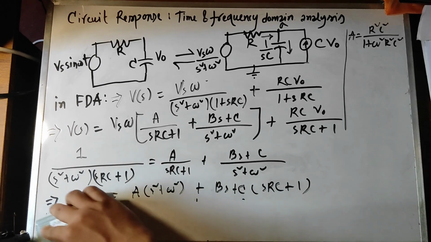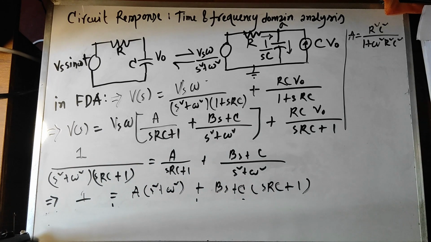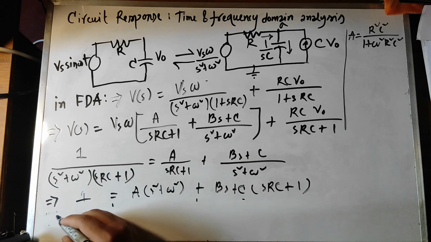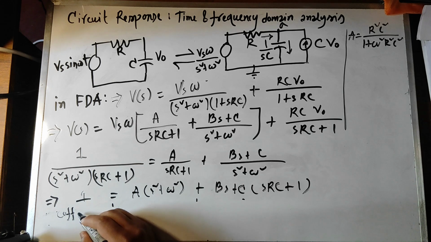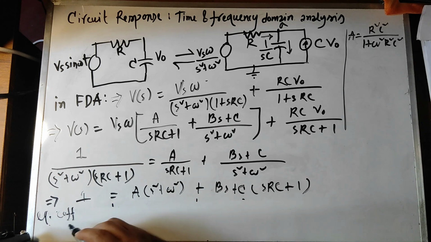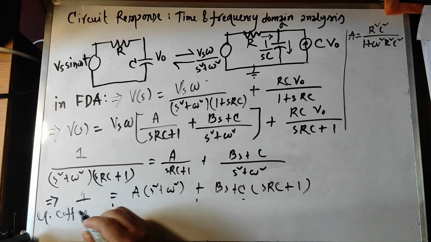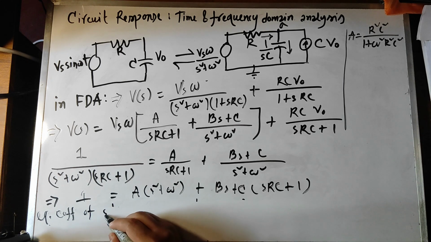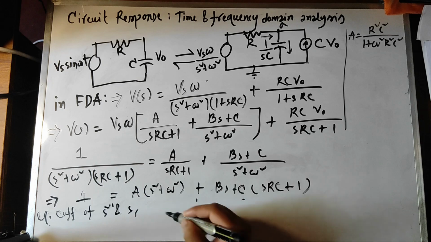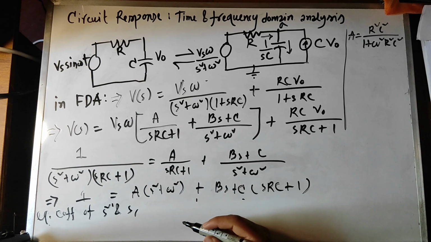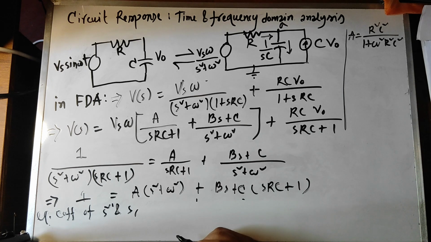We can also use the constant terms also. So equating coefficient of s square and s, which will give us